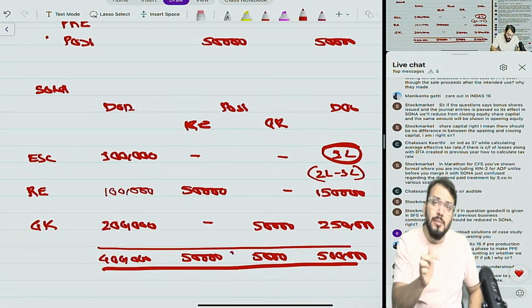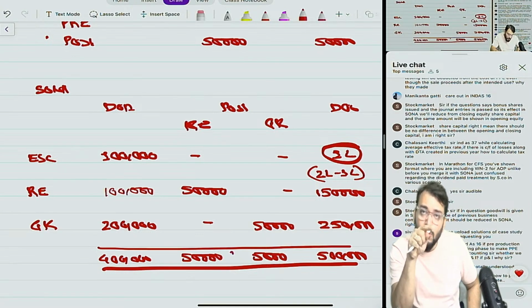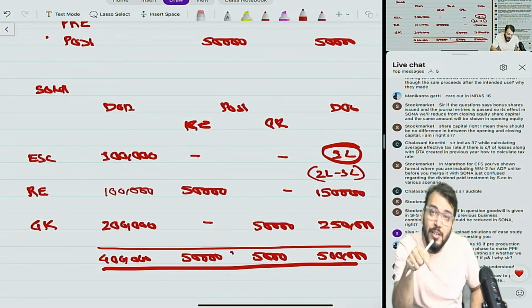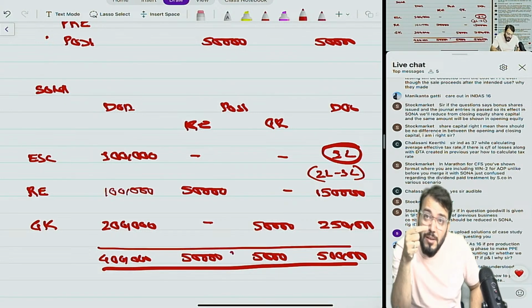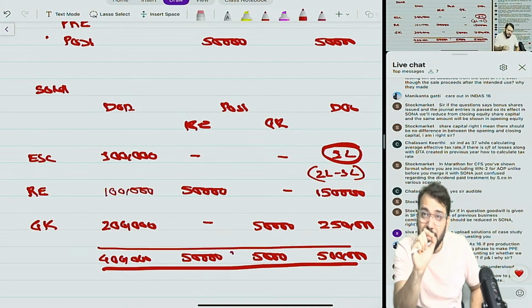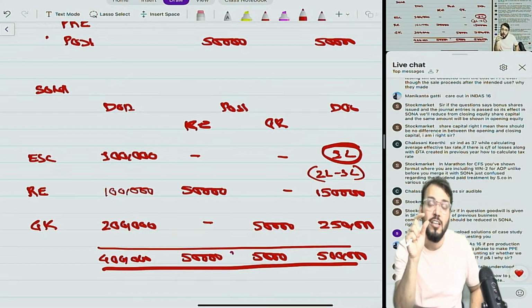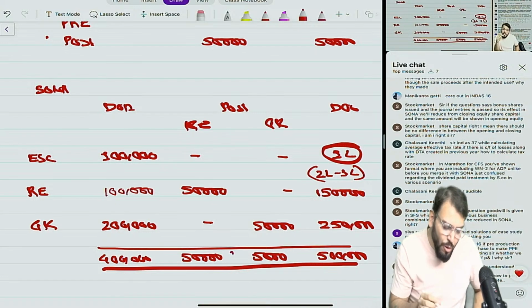If the DTA is already created in the previous year, then in this year you have already used the tax losses. So whatever DTA you created in the previous year will be reversed in this year. Understood? When DTA is reversed, what journal entry do you make? Correct, it will be deferred tax expense to DTA. So of course there will be some deferred tax expense in this year, and that deferred tax expense will be considered to calculate the effective tax rate. I hope you have understood.